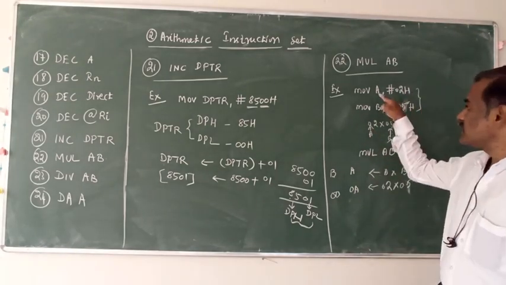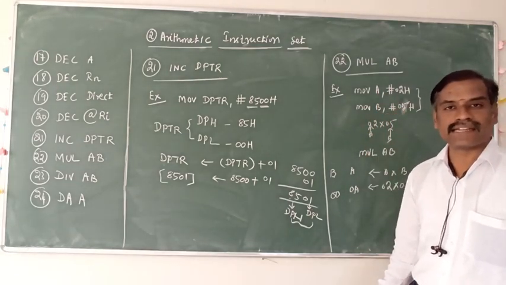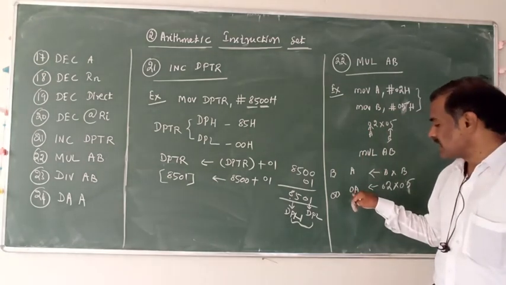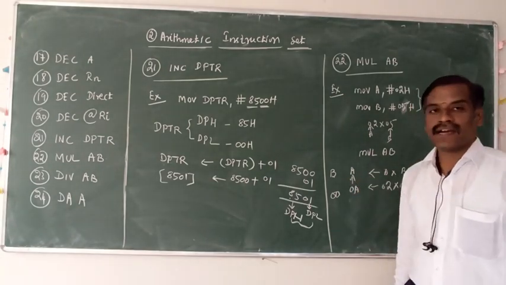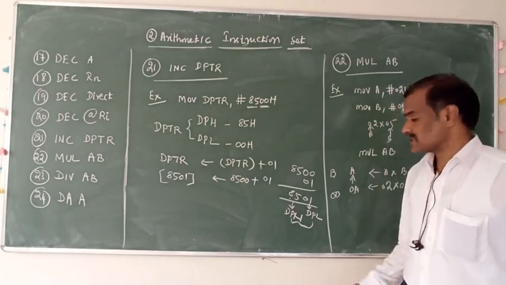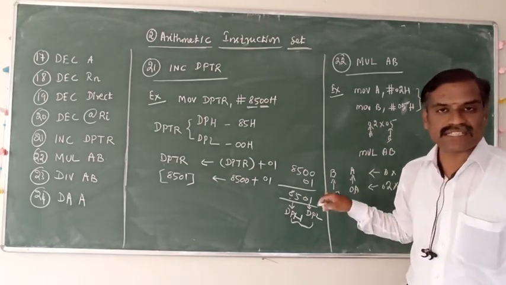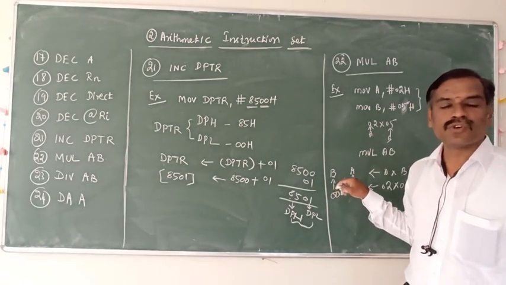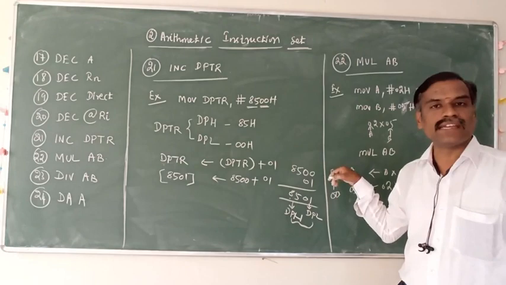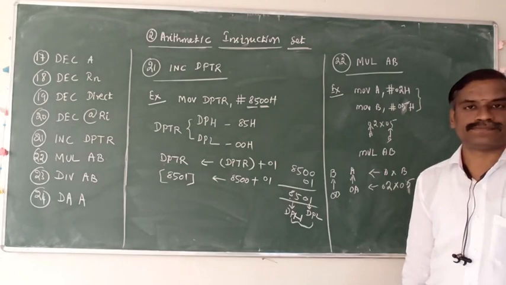Data 1 is in the accumulator, and the second data will be only in the B register, not some other register. The result is always the product's 8-bit LSB available only in the accumulator, and if the product is more than 8-bit, the product's MSB 8-bit data will be available in the B register. At present the result is within 8-bit, so no carry. No carry means 00, and the 00 is available in the B register. This is the operation of multiplication of 8-bit data. Okay.